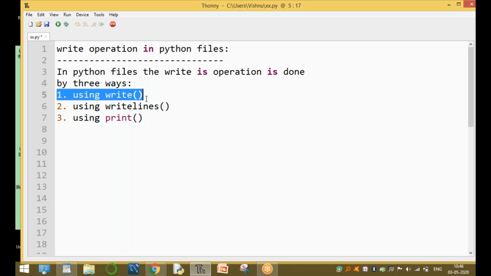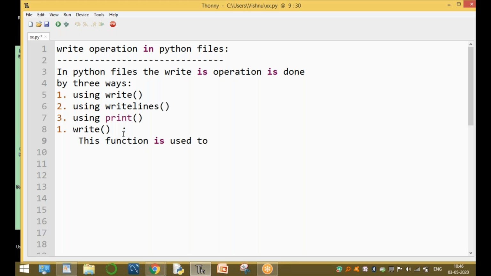Now, what is the use of the write function? This function is used to write the data to a file.